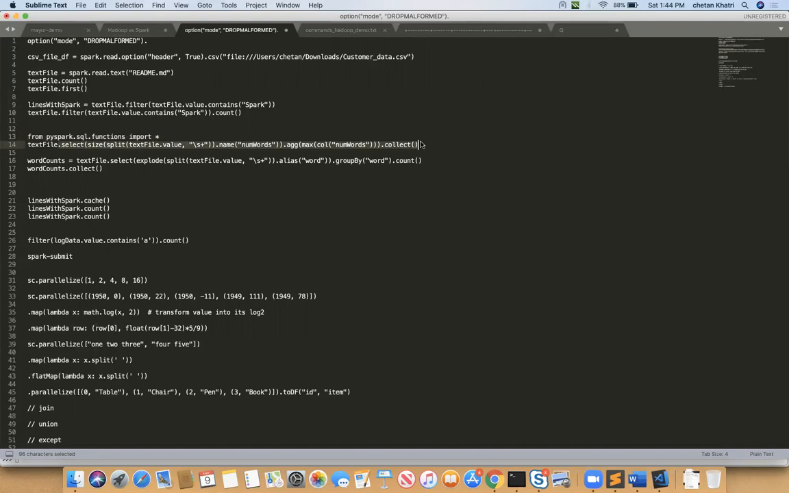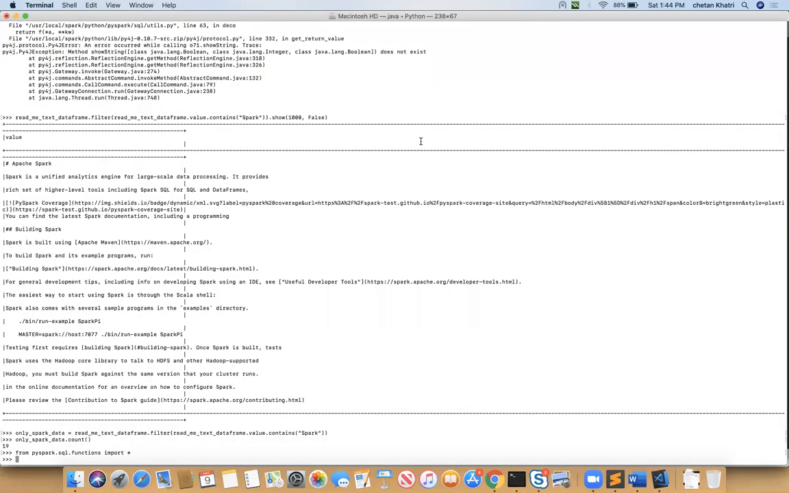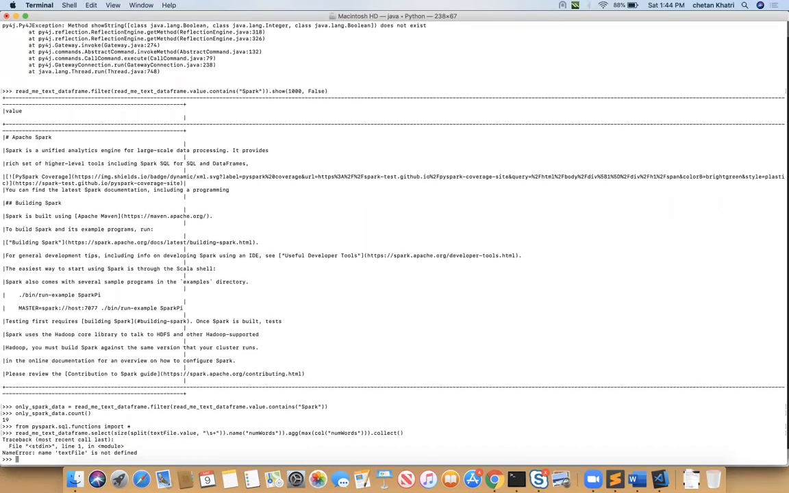Let's use this. readme text data frame dot select size split text file dot value s plus name number of words dot aggregate maximum column number of words and collect. This might not work because